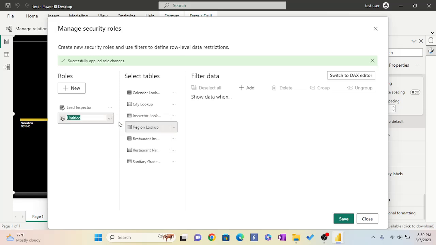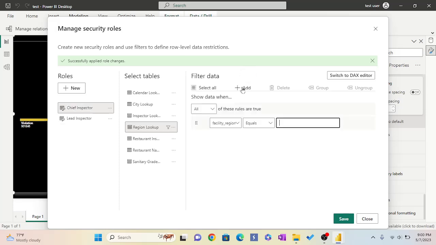Click rename, and this is Chief Inspector. Chief Inspector, region lookup, add region. This I'm going to add 1 to 16, guys. So bear with me. I will be editing this video to, okay, add